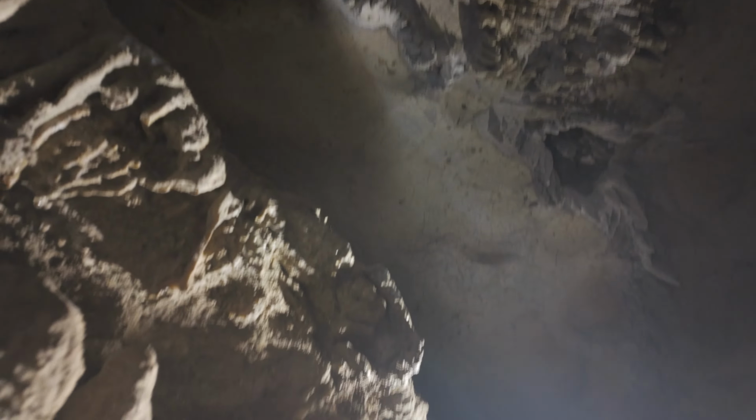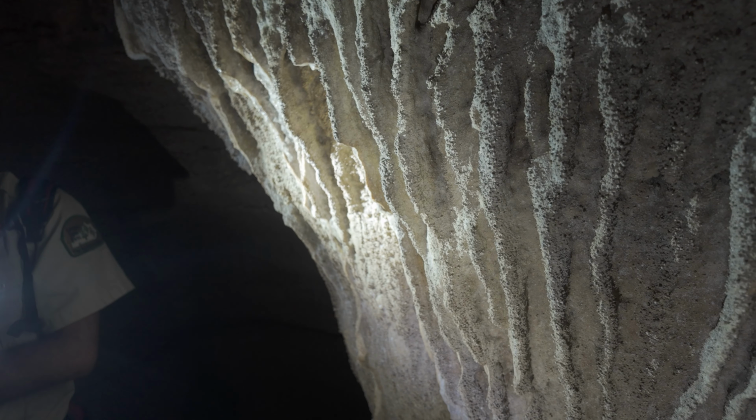Now, does anyone notice this right over here? Can anyone say what type of food this looks like? I'll give you a hint, it's a breakfast food. This is what we call cave bacon. It's a type...